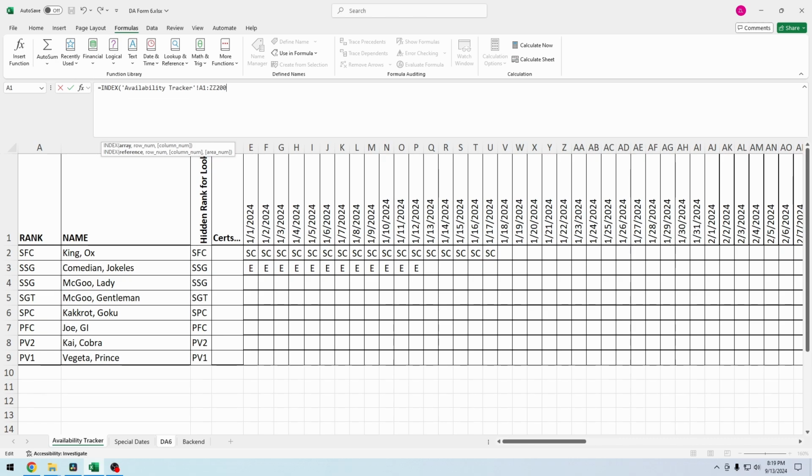So that means it's going to be really big in case we need to add more people down and we need to move to the right more to do a whole year. That's going to leave us plenty of room, because I don't know how much 26 times 26 is, but it's over 25,050 something. I don't know what it is, but it's more than 365, and that's really all I care about. So if we come back to DA6,